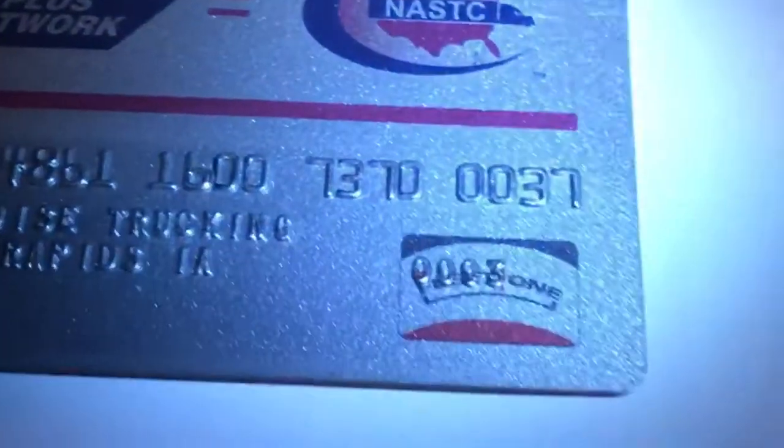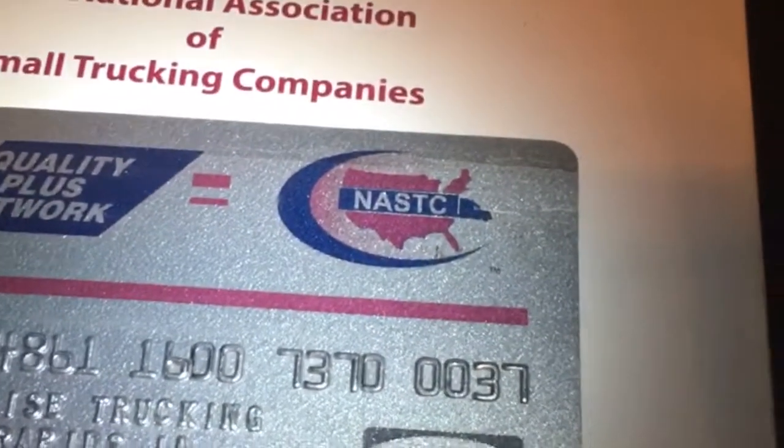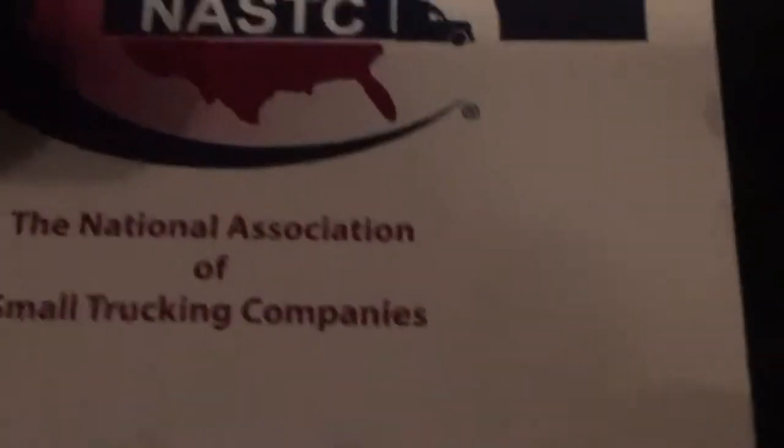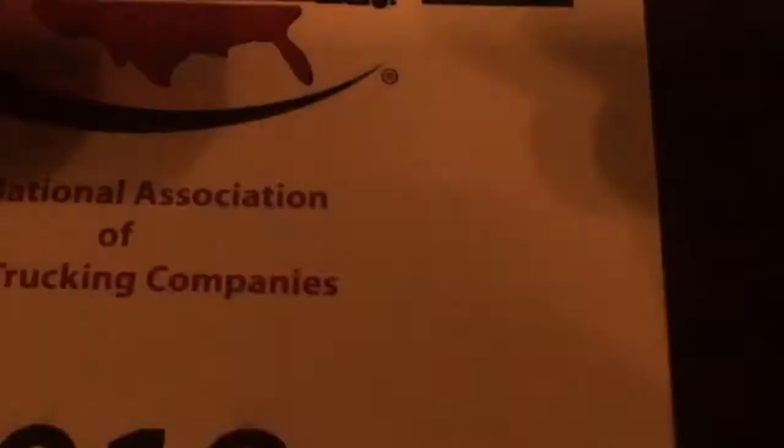Now, my fuel card here, it's kind of getting in the shadow, is actually a Fleet One. Can you see that right there? It's a Fleet One card, but it's presented by the NASTC, which if I pull back, here's my little book, and I can zoom in here. You can see the National Association of Small Trucking Companies. I lease to a small trucking company, so this is the fuel card we use, and this is the book